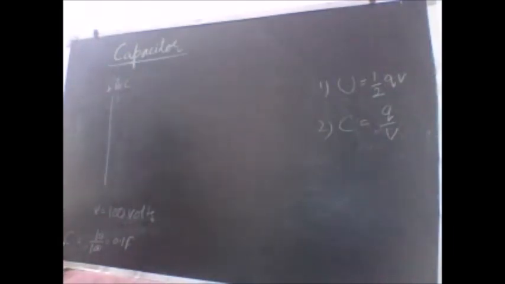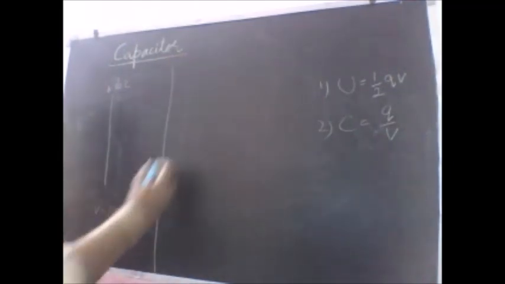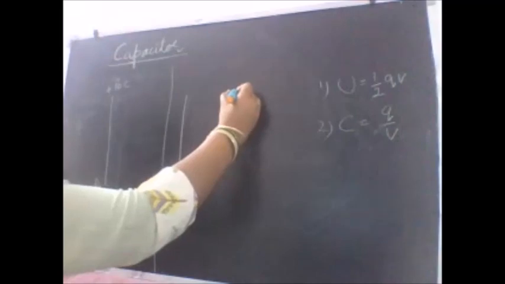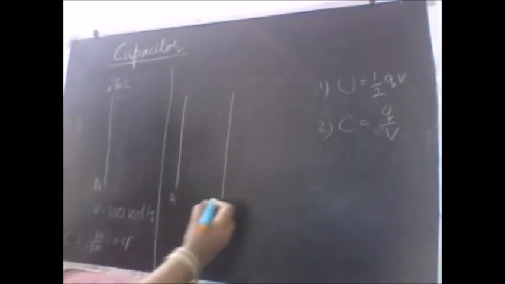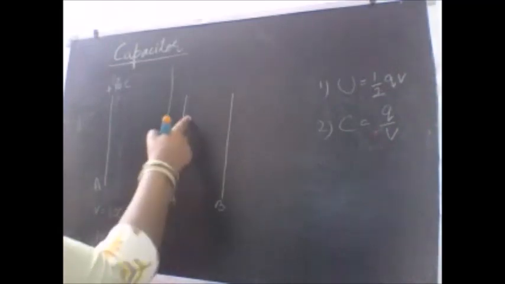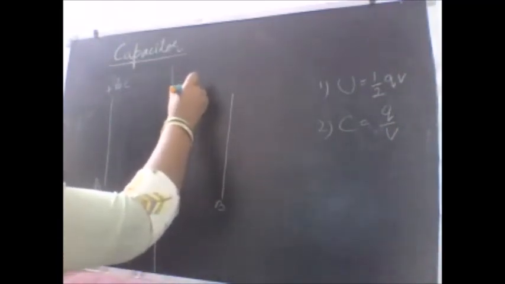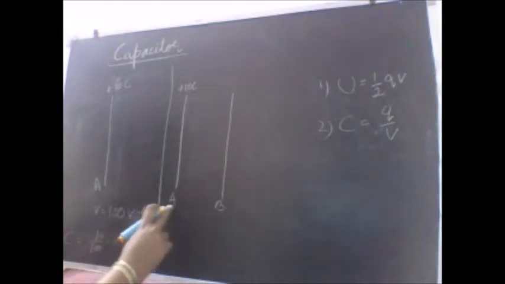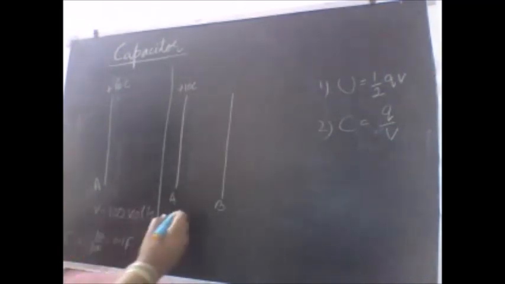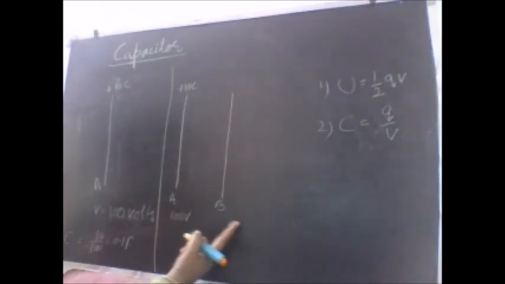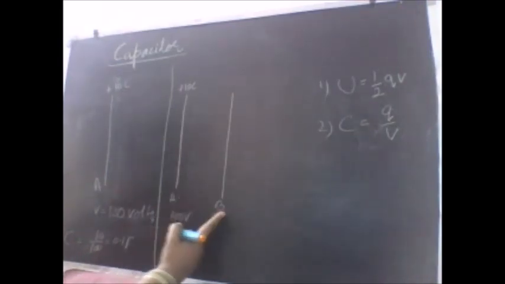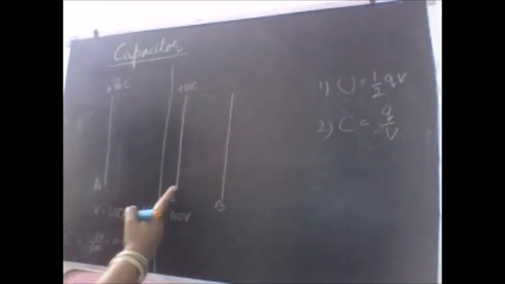I want to increase the capacitance. I want that for the same potential more and more charge can be given. So what I did next, near the same plate, let me call this plate A, I have brought another plate, plate B. And this plate A is, of course, charged 10 coulomb only. And the potential of this plate that we took initially was 100 volt. Now what will happen when we bring the plate B near to this? Will it change the charge that can be stored over there, or is the potential going to be sacrificed?